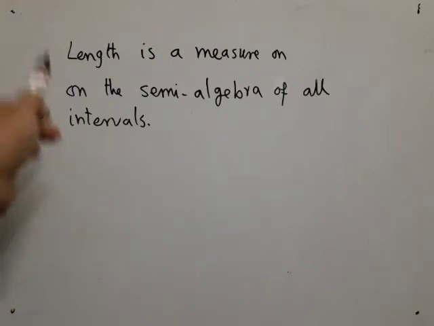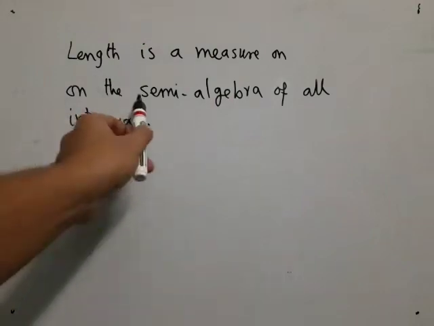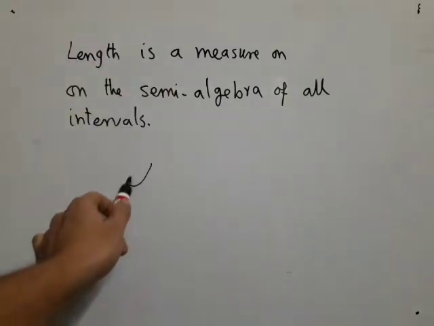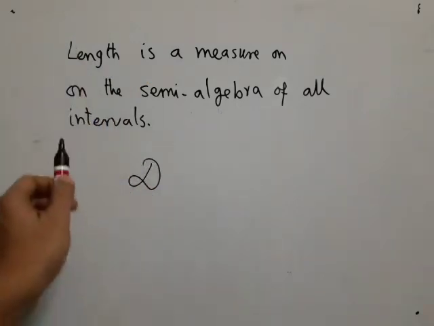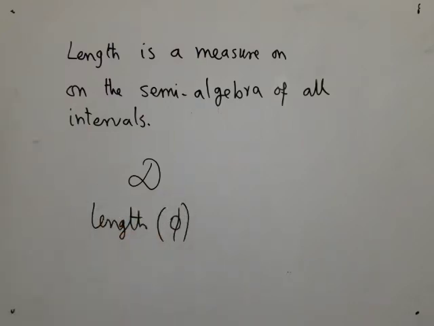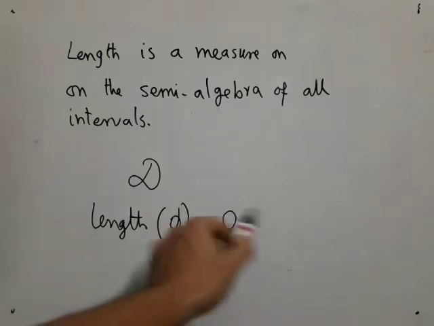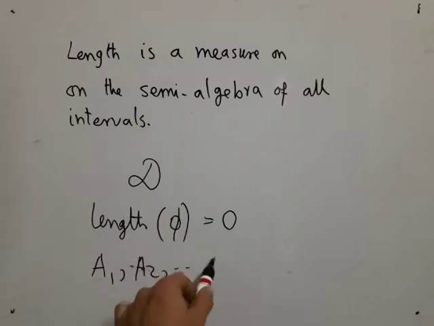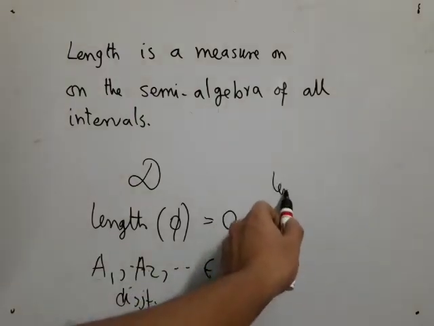So we have this result. Length is indeed a measure on the semi-algebra of all intervals. Now let's understand this clearly. I said only semi-algebra, so we are not into sigma algebra yet. By this I mean that suppose I have this semi-algebra of all intervals. I say that first of all, length of the empty set, which is also an interval in a trivial sense, that is 0. No problem with that. And the second thing is, if you give me any intervals, countably many possibly, or finitely many, these are all in script D and they are all disjoint, then naturally I want to say that length of their union